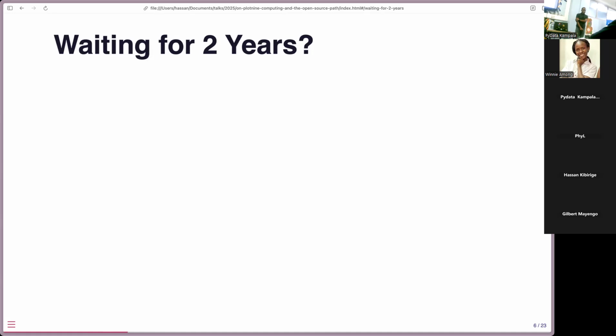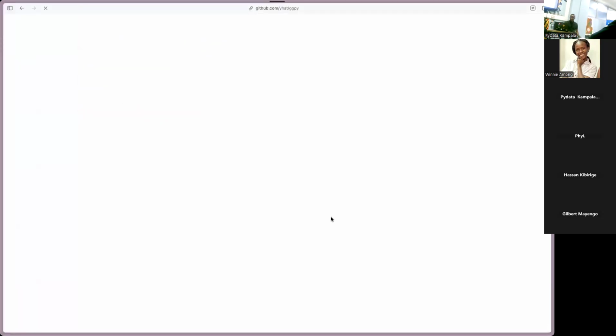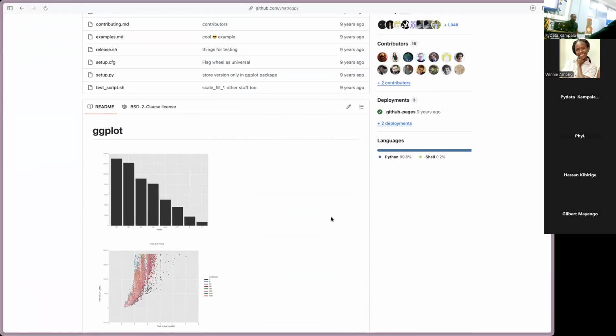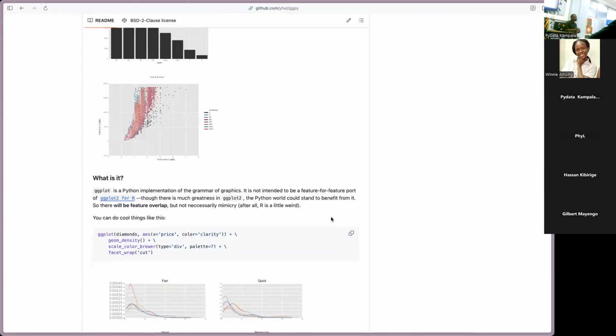I waited, and then 2 years later, it came up, and it was called plotnine for Python. Now, it was a package, just like ggplot2 does, that says, okay, now here I brought it to Python. I was like, yes, someone has done it. Now I'm doing my Python things. I will use this grammar of graphics. But